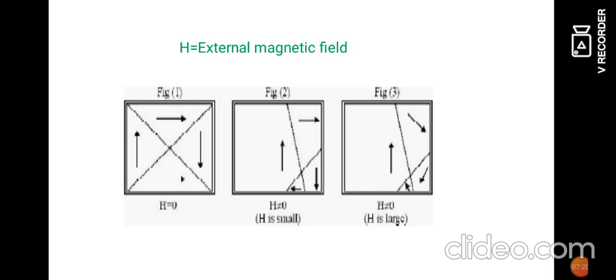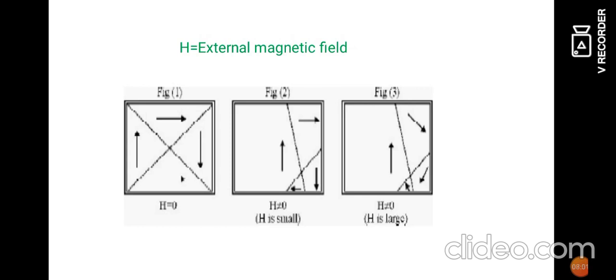Here we see this picture clearly shows the movement of domain walls and also the rotation of the domains. See in the first figure, here it is a ferromagnetic material. In this picture, the ferromagnetic material is divided into 4 ferromagnetic domains. Each domain has a ferromagnetic dipole. So without applying the external magnetic field, that is H is equal to 0, all the magnetic dipoles are aligned in a random direction. Now let us move to the second figure.